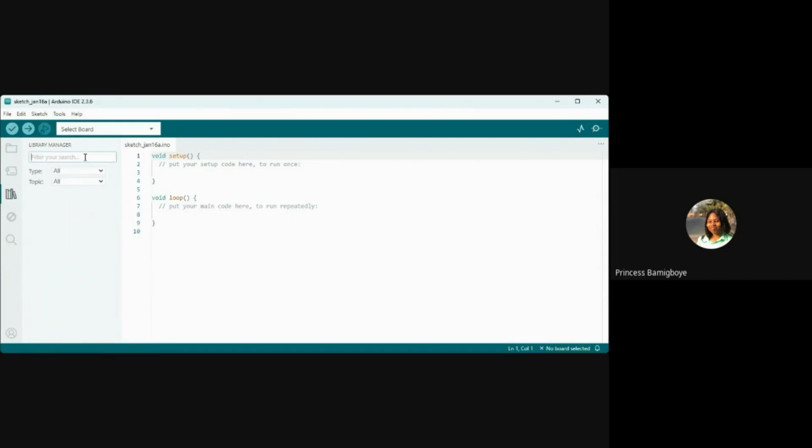Then this is now the library manager. For certain components that you work with in the Arduino, you will need to import libraries. What are libraries? Libraries are a compilation of code in one place that allows you to work with certain electronic components, which the Arduino itself does not naturally have the prerequisites to carry, or to allow to function, or to carry out whatever task you want it to carry out.